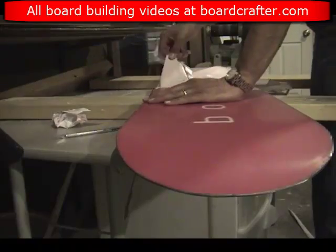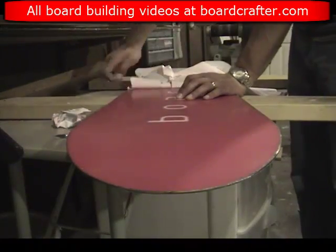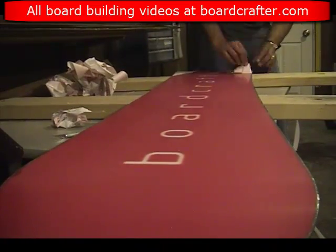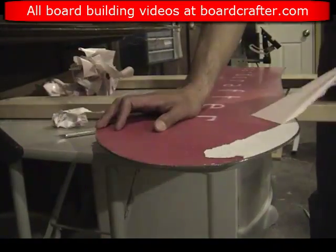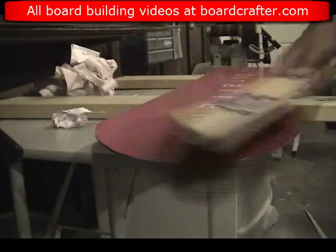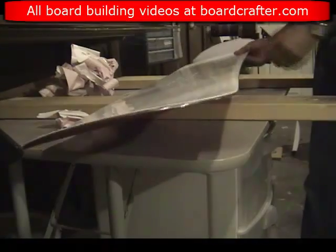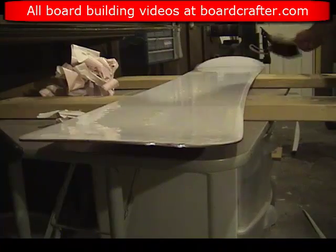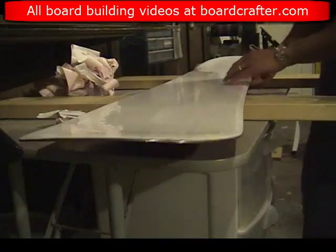And I'm quite pleased with the results actually. It's looking really good. It's a nice smooth base, and it did its job of protecting the base from getting any epoxy or super glue on it. The only places where I have epoxy and super glue are on the edges, and that'll be easy to get off with some scraping with the X-Acto knife and a little bit of filing, and I should be good to go. So now this snowboard is essentially snow ready for a